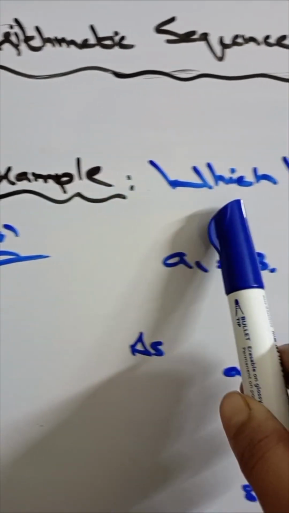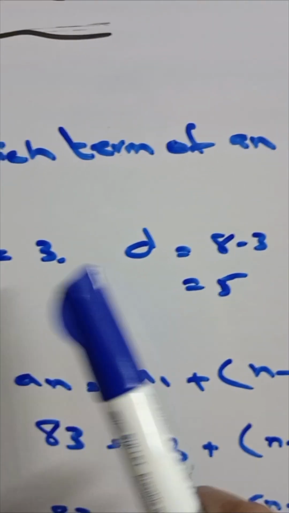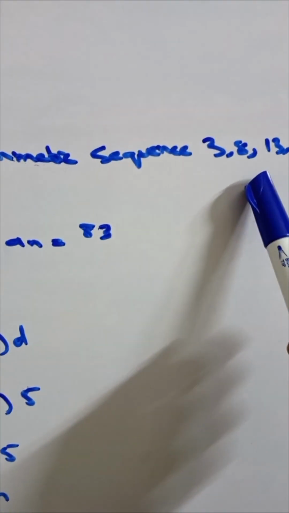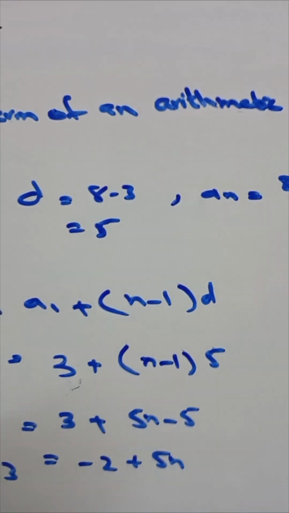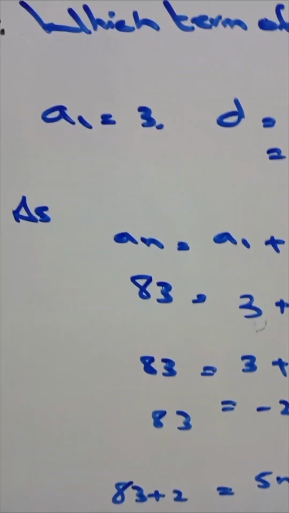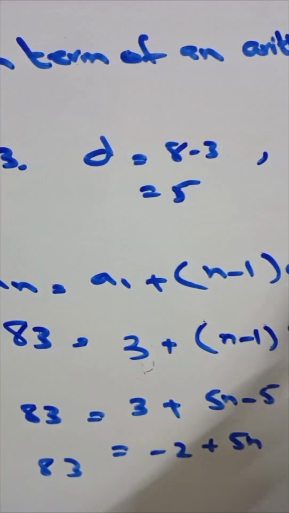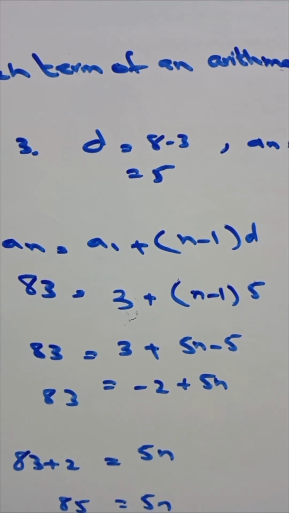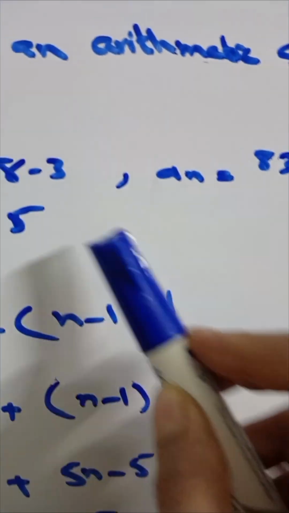Arithmetic sequence example: which term of the arithmetic sequence 3, 8, 13, and so on is 83? As you know, a1 equals 3, the first term of the sequence. D means difference. The next term is 8, so 8 minus 3 gives the difference d, and an equals 83. You got it? Now by putting these values in the formula, an equals a1 plus n minus 1d. An here is 83, so I put 83 here. Now a1 is 3